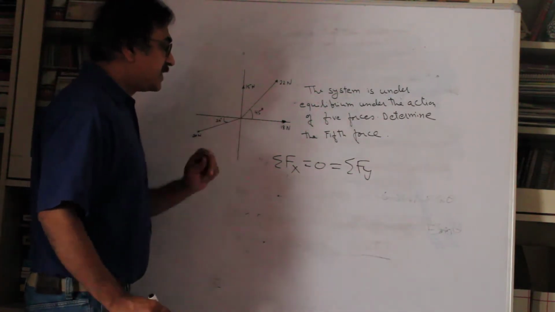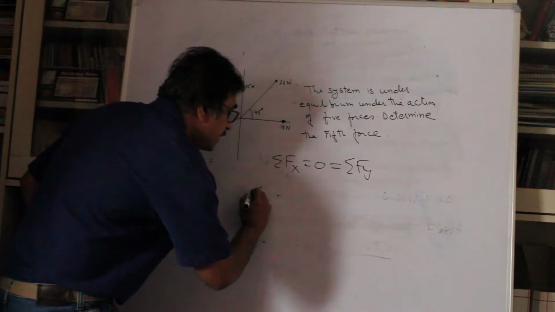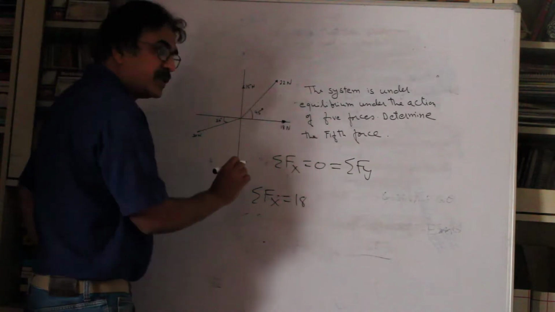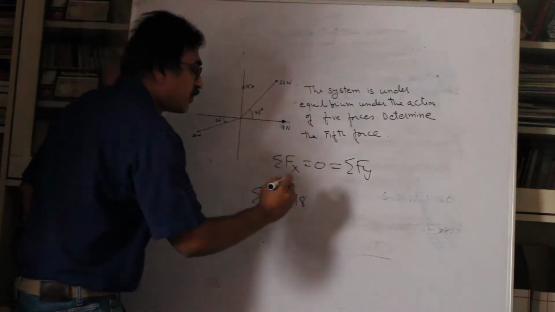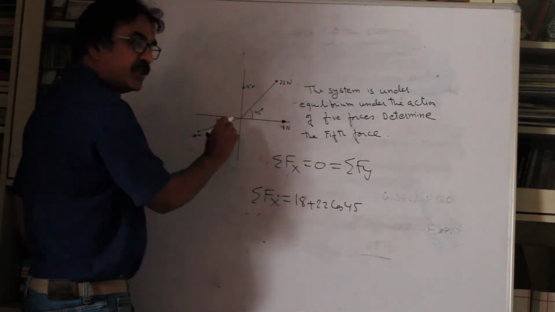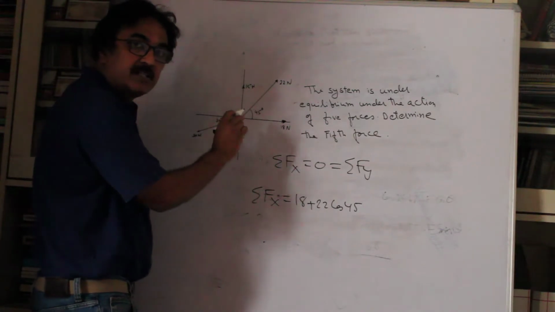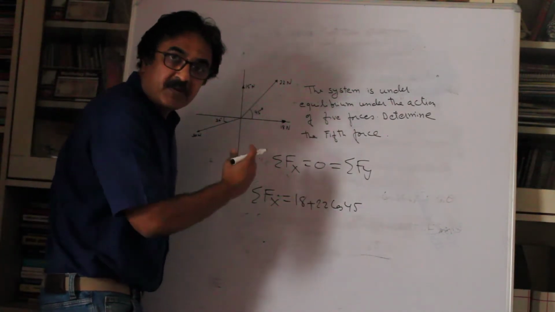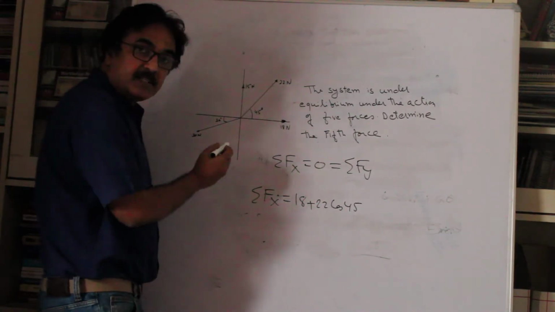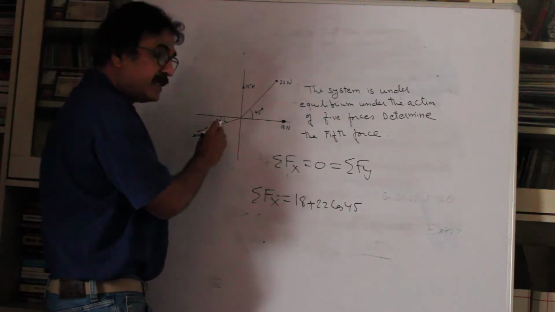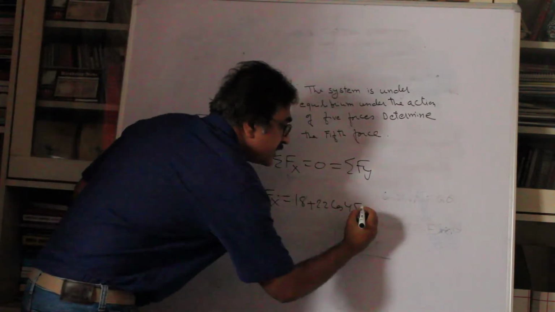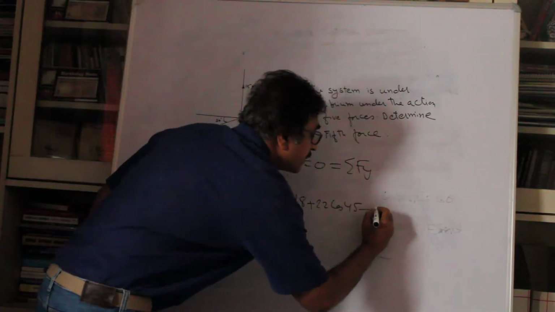So let's start with this. This is 18 Newton already along the positive x-axis. So let's start with sigma Fx. This is going to be 18 positive. 22 Newtons, resolve it horizontally, it is 22 cos 45, positive. The horizontal component of the 15 Newtons will be 0 because this is along the positive y-axis, so that's not going to be considered. This force 30 Newtons, when you resolve horizontally, the angle is 30 degrees with the x-axis. When you resolve it along horizontal, it will be towards left. So this is going to be minus 30